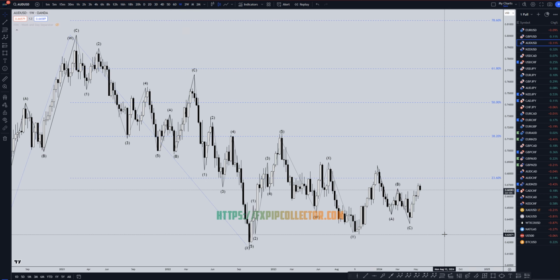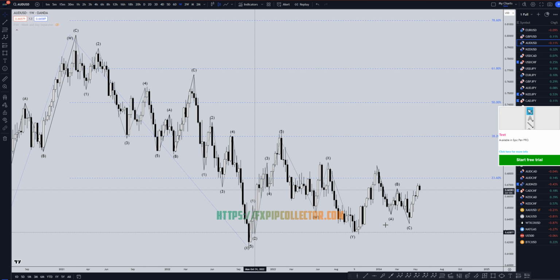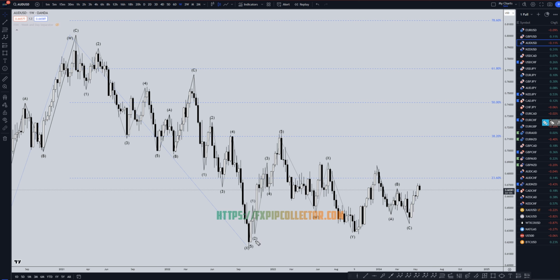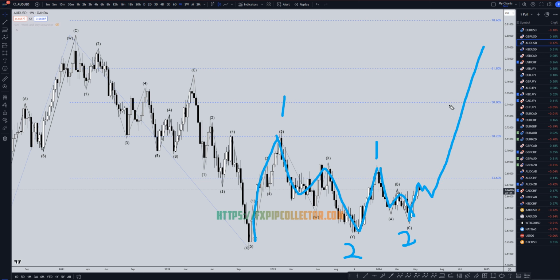Heading down to the weekly time frame, I'm definitely still looking at this over here as an uptrend, which I think is a wave 1. I still think that this is a big correction right here, wave 2, and I think this is a subdivision of 3. So 1, 2. I think this is just going to keep on going up and make that 3, 4, 5 of wave C, which is a wave C of wave Y, like I was explaining on the monthly time frame.